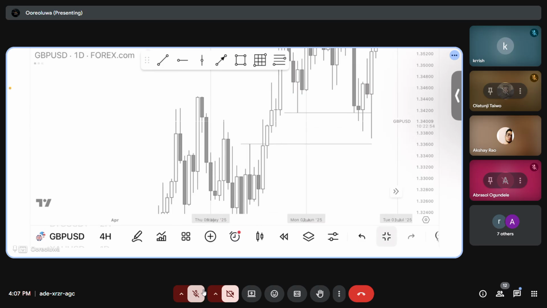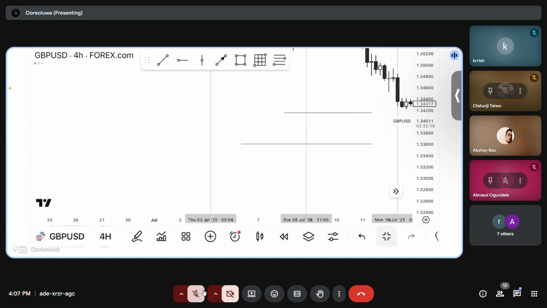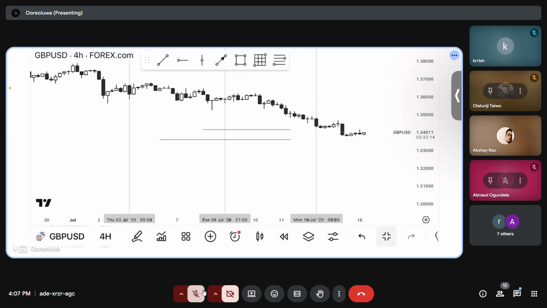And time is important. Before you take a trade inside the key level, you must align it with time, especially the higher time frame key level, maybe the monthly fair value gap or the weekly fair value gap. If you are using the weekly fair value gap, use the day of the week. If you are using the monthly fair value gap, use the week of the month. It's just logical reasoning. You just have to align it with the higher time frame the same way you do on the lower time frame, because of the fractal nature of price in the market.